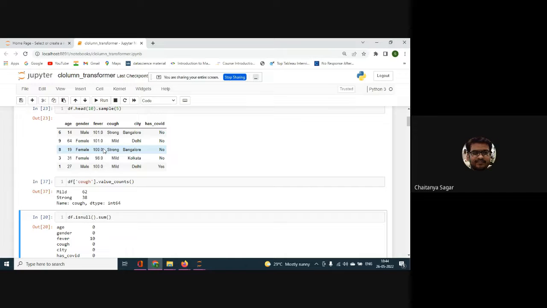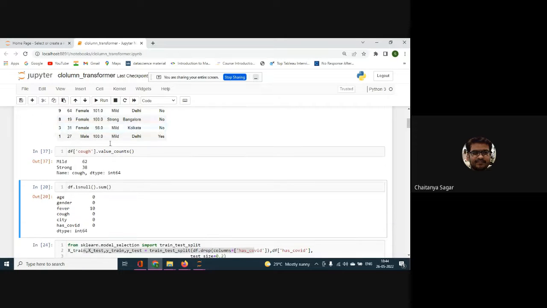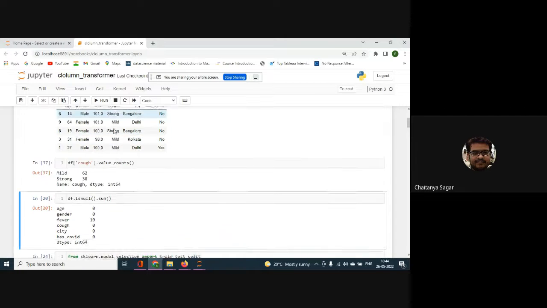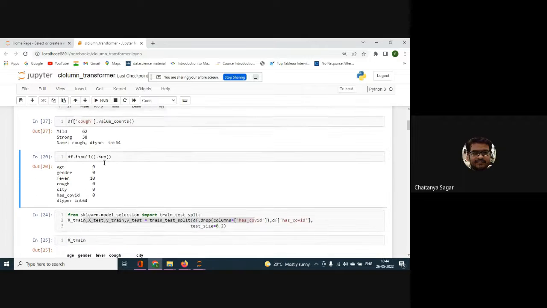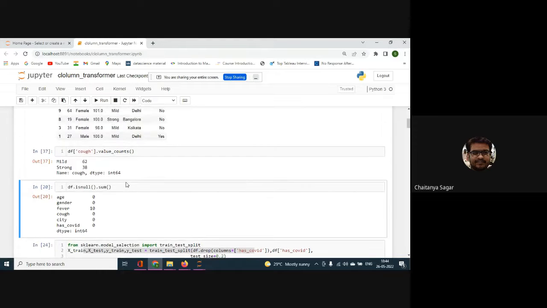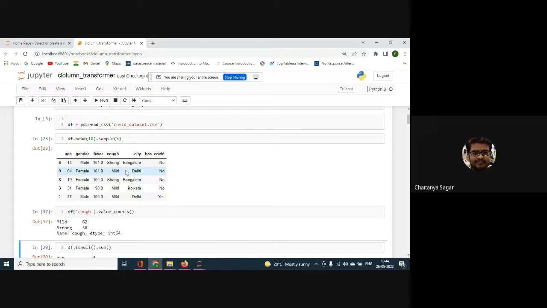In this case, fever, which imputation technique will you go for? Mean or mode? Absolutely, you can go with mean. And when it comes to cold, do we have any null values? No, zero. And city, we don't have any either. So when we do the model building, we have to convert